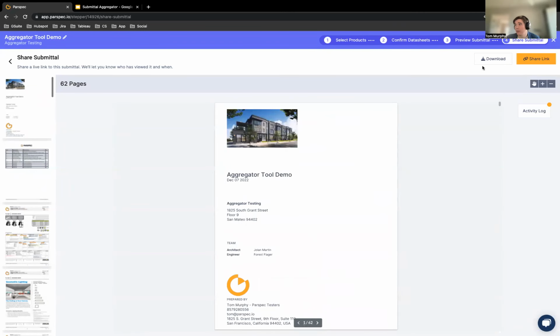And then from here, we can download it as a flattened file. Anytime you aggregate a submittal in, as I mentioned before, it's flattened. So there wouldn't be much sense in downloading an unflattened version because it's already essentially flattened. But you can download it, save it to your records, or send it via email attachment, or